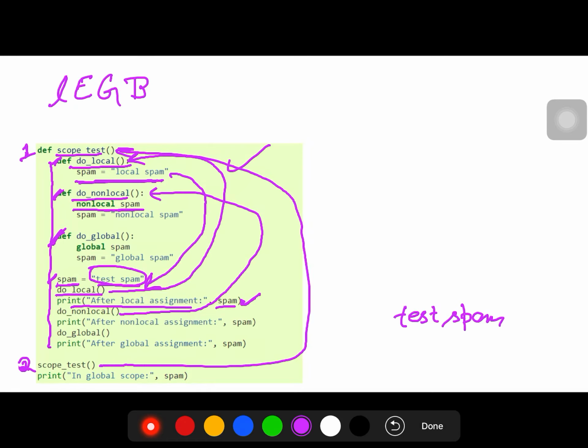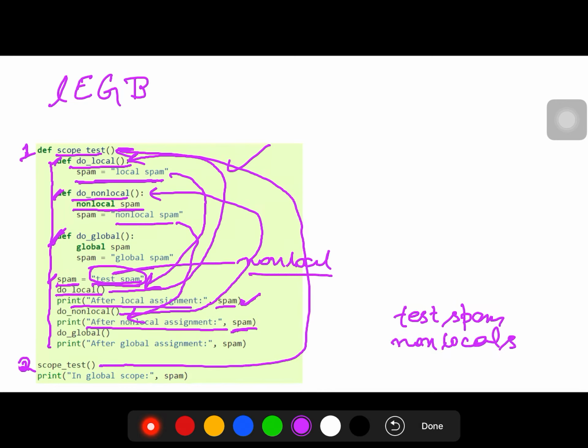Now this spam is explicitly referring to the spam that was there in scope test, and scope test spam is test spam again, and it is changing its value to non-local spam. Now its value is changed to non-local. Then upon exiting from this statement to this statement, we will execute this statement, and this spam has become non-local spam.